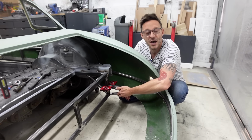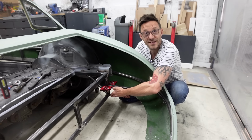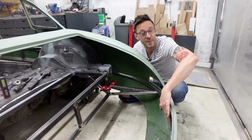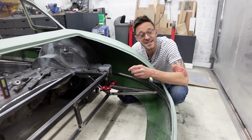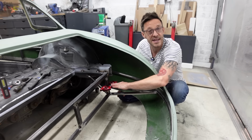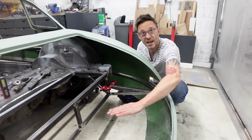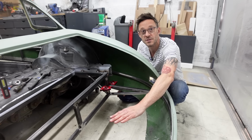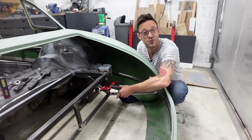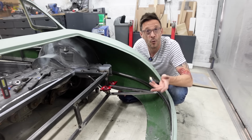So here you can see I've got the bottom round bar member tack welded into place. This is the angle piece that picks up the round bar that runs around the back of the body. And what you can see, what I've moved on to and held into place just temporarily at the moment, is this top square bar. Now this is setting the level of the boot floor that I'm going to be constructing very shortly. This member still adds a degree of triangulation,